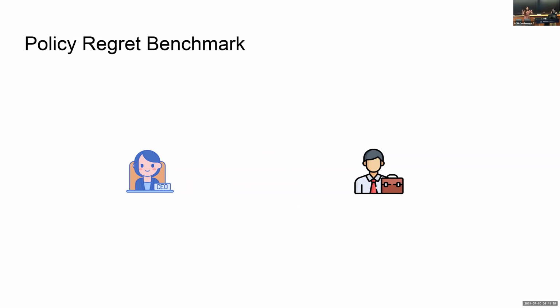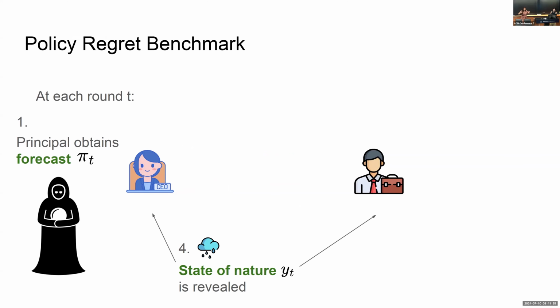Okay, so what's our goal? We're going to try to minimize policy regret in this setting. So let's talk about our benchmark. However we did for the actual choice rule we chose, when we look at the benchmark, we're going to say the forecasts are the same and the state of nature sequence is the same, right? So we didn't create this forecast. We're using a forecast. But now we're going to say we're committing to the best constant policy, which means every round I'm picking the same policy in my action space to commit to.